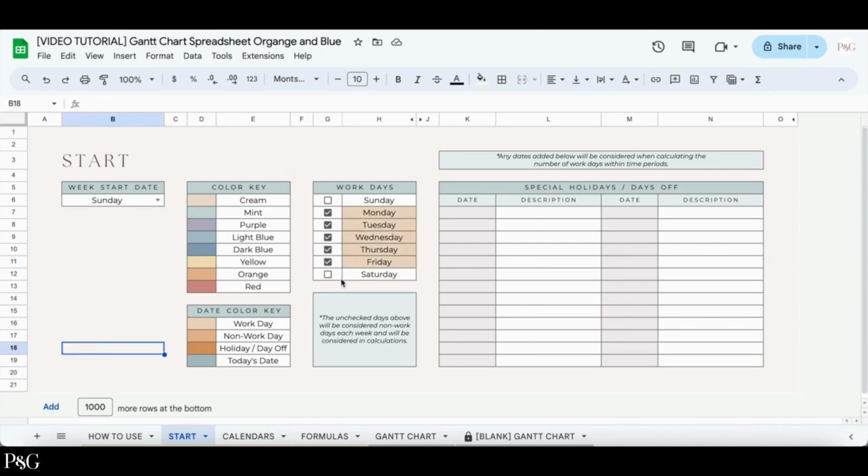If you work, say, on Saturday, then you'll also want to check that off. Or if you don't work, for example, on Fridays, then you'll want to uncheck that box. Many of the calculations on the Gantt chart will update based on the days that you select as work days. In this section right here, you can add in any special dates that are holidays or specific days off. These will also be included in some of the calculations on the Gantt chart. I'm not going to add anything here now, but I'll come back to this later and show you how it